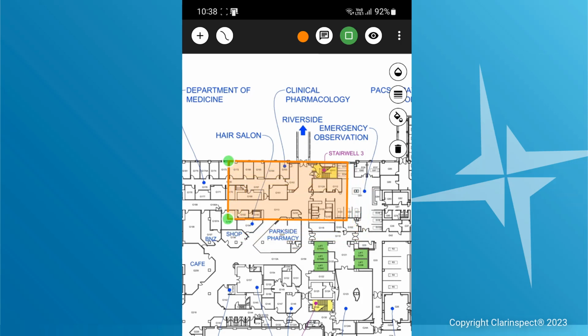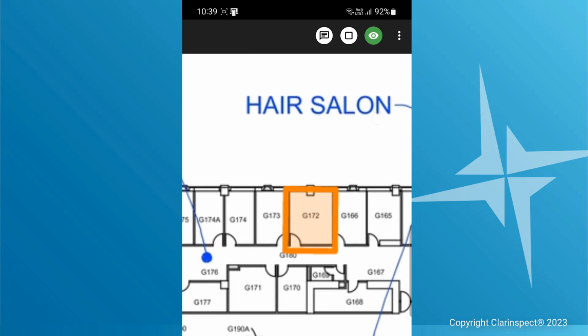we want to place it. And finally we'll stretch it over the room we wish to highlight. Back to panning and zooming, you can then zoom in and have a look.